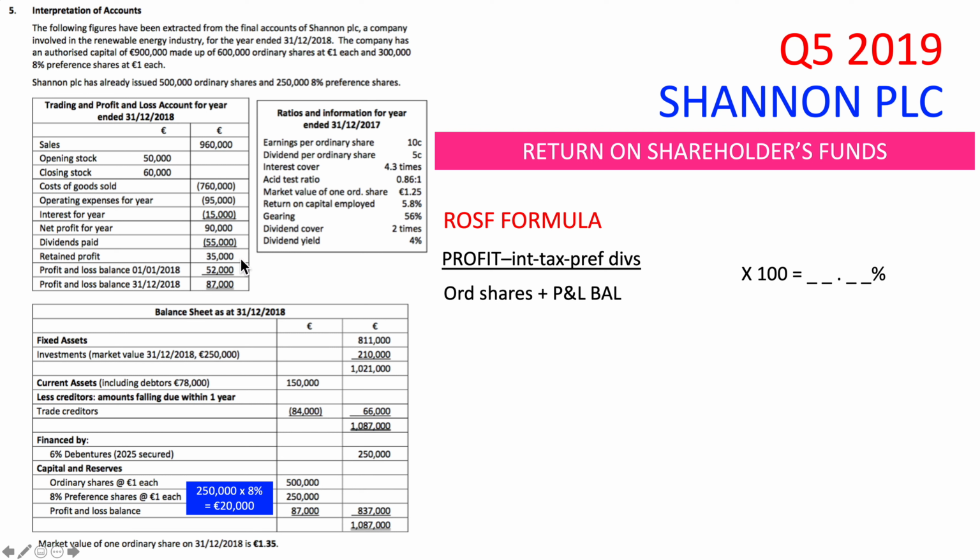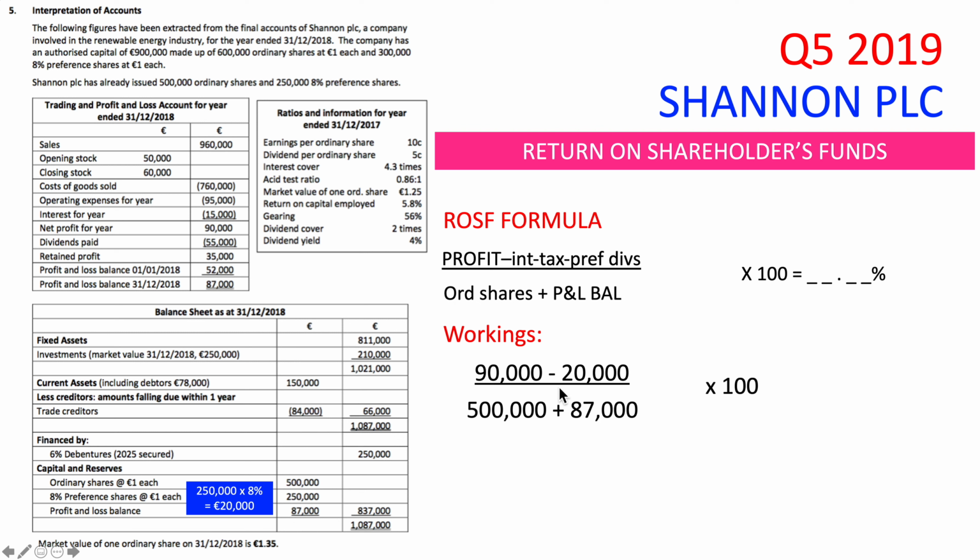So I go up here, I look for my profit figure, already has the interest taken away. So 90,000, I need to minus whatever my pref divs are. So 250,000 multiplied by 8% is 20,000. So 90,000 minus 20,000, and that is over 500,000 plus 87,000. Okay, and then I'll multiply that by 100. So 70,000 over 587 is